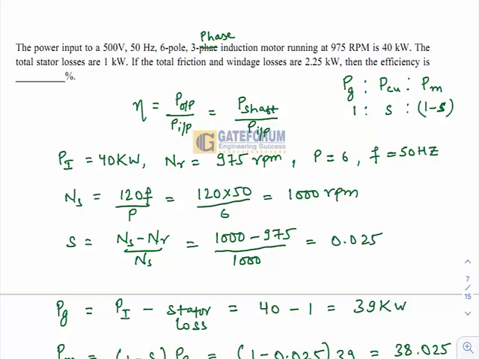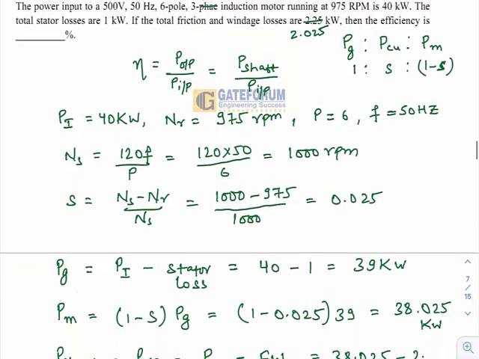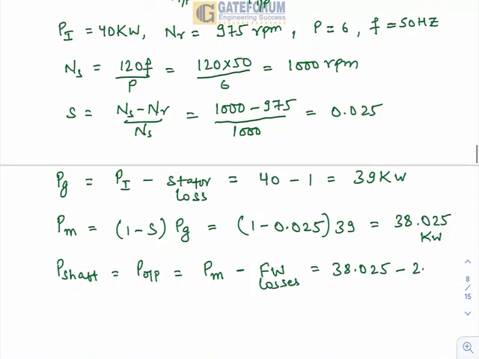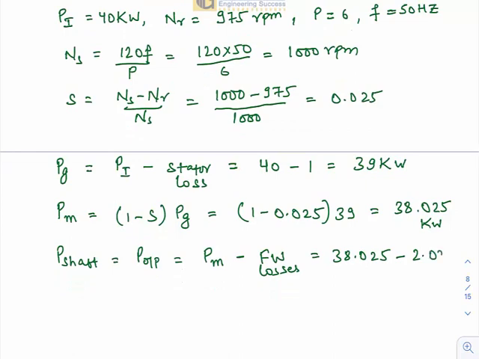It is actually 2.025, okay, in the GATE question. So 2.025, this would come out to be 36 kilowatt,